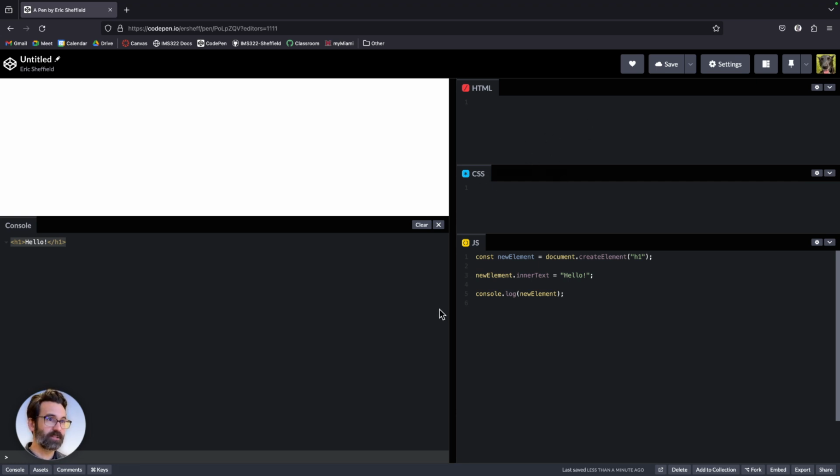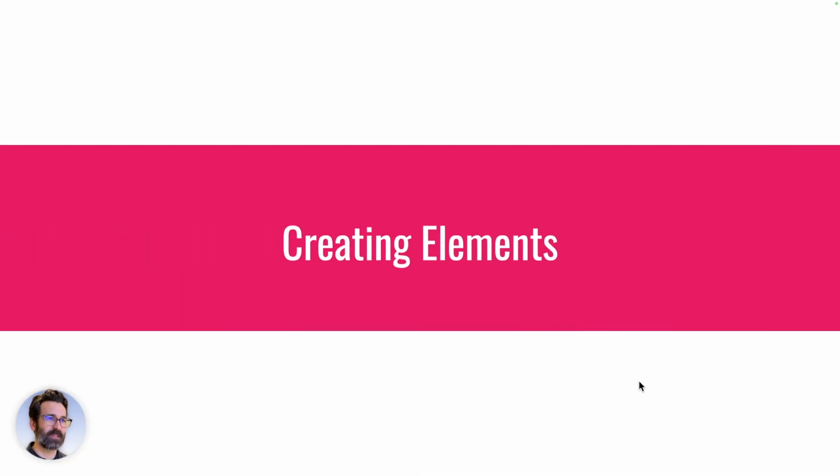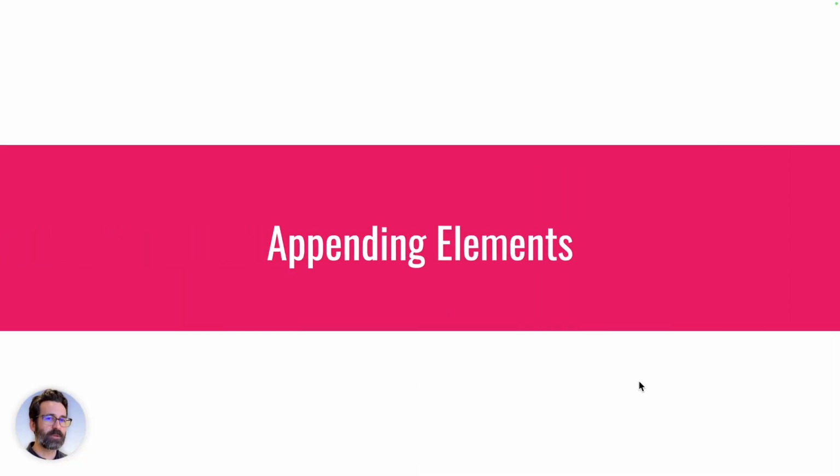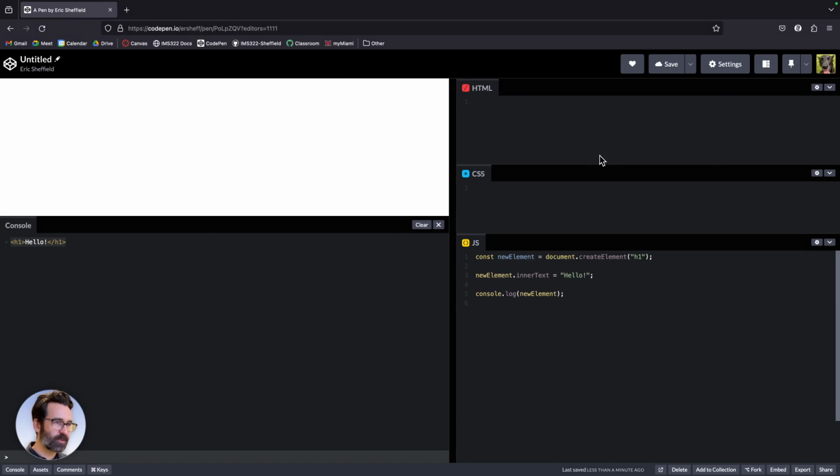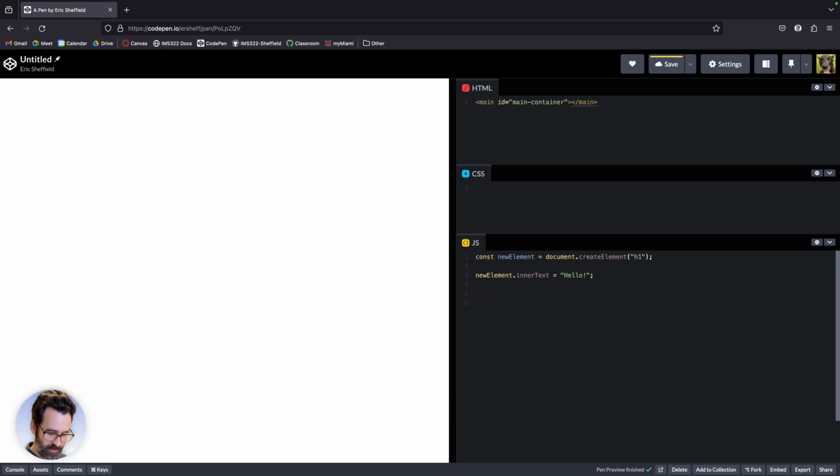So how do I make it actually display in the page? That's the next step here, is appending elements. I'm going to append this new H1 element to something that's either already in the HTML or maybe something that I've made along the way. Let's start with just creating something like a main tag here. And I'll give this an ID of, oh gosh, I don't know, main container, how about? That's pretty boring. All right, so down here in the JavaScript, let me get rid of my console log. If I set a variable to my main container,